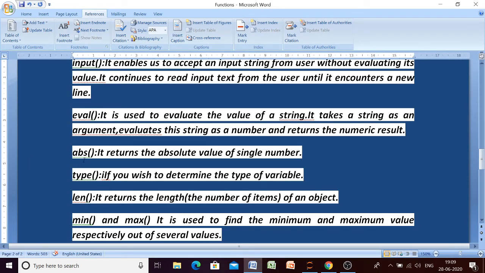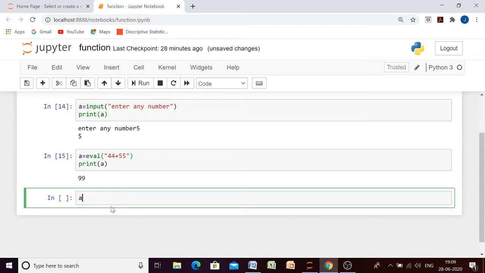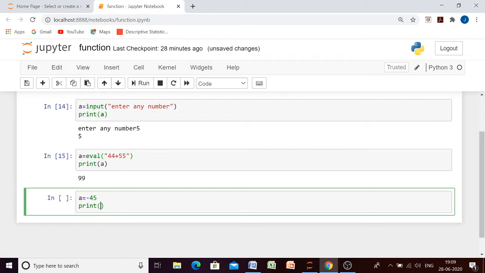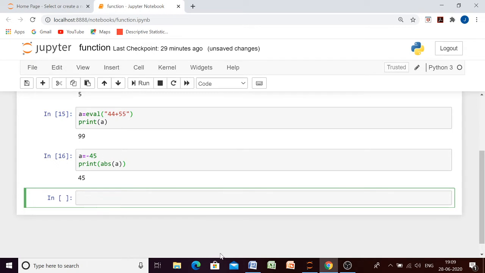The next function is the abs function. This is short for absolute function. We know in maths we have already learned that the absolute function returns the absolute value of a single number. What does it mean? Suppose I have a negative value, and when we print the absolute value of a, it will give you only the value, it will not give you the sign. So what will be the result? The result will be 45. Okay, so the next one is